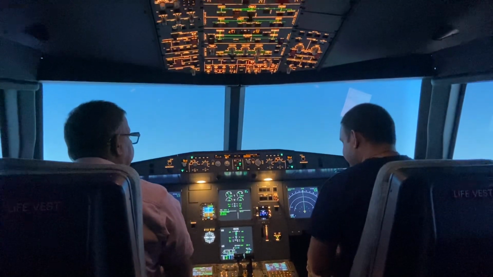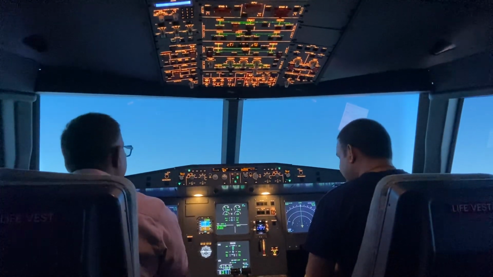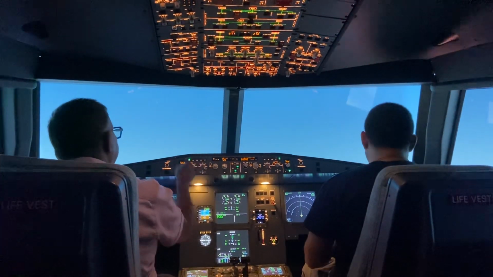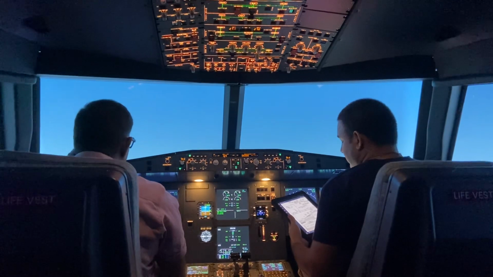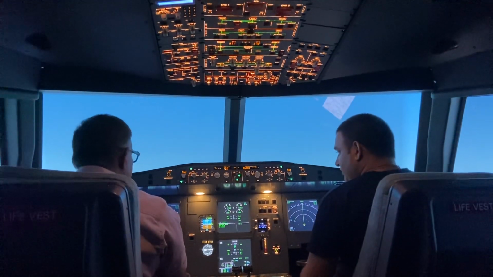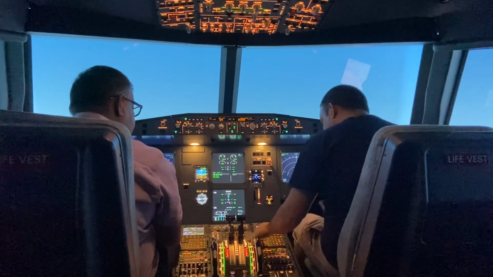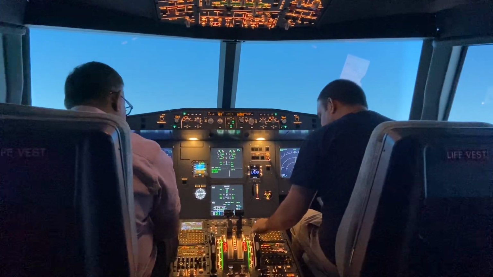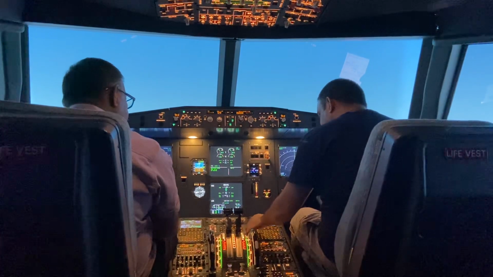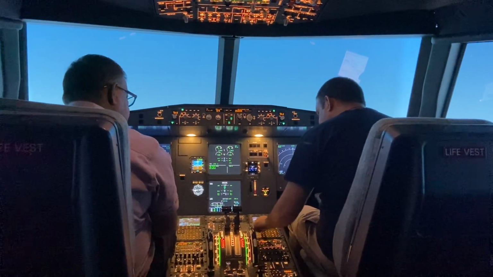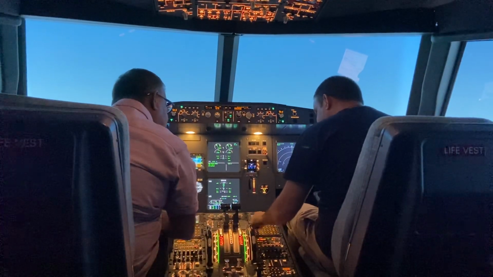And now what else do you have to do? I have given you a heading. Yes sir. So you can now direct to, you can sequence the flight plan. Oh yes. So how do we sequence the flight plan? So वो मुझे थोड़ा सा program. Go to flight plan. Flight plan and then, yeah, just select flight plan.